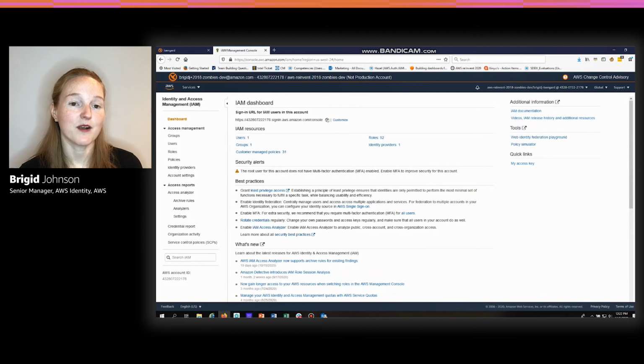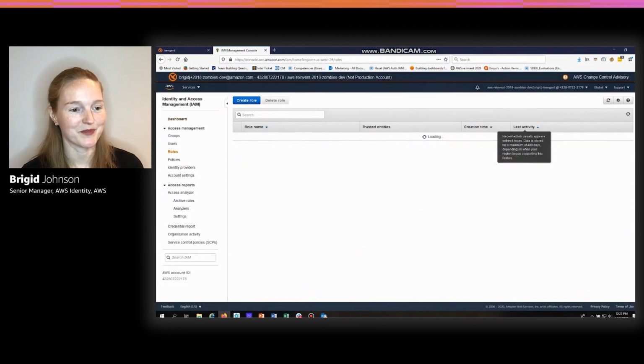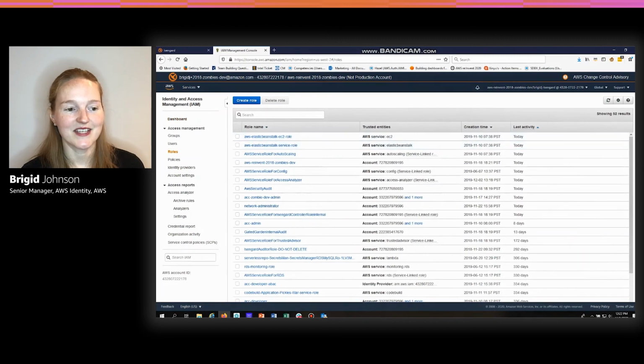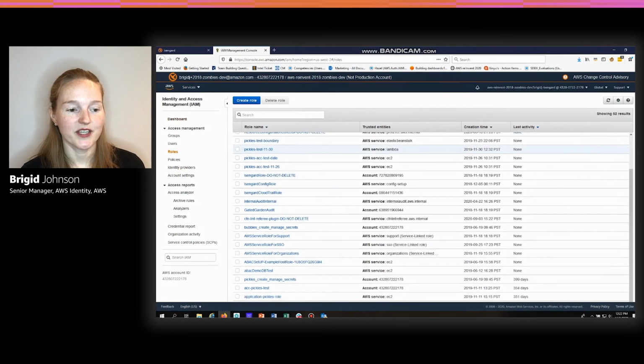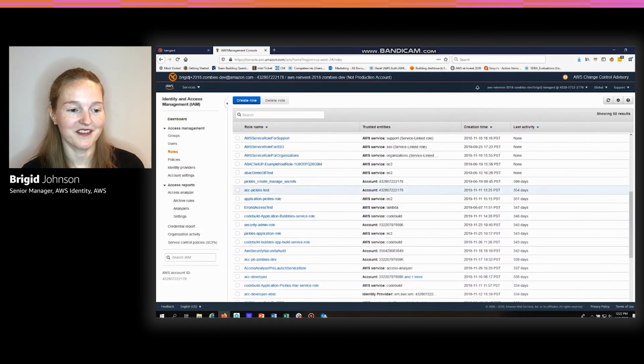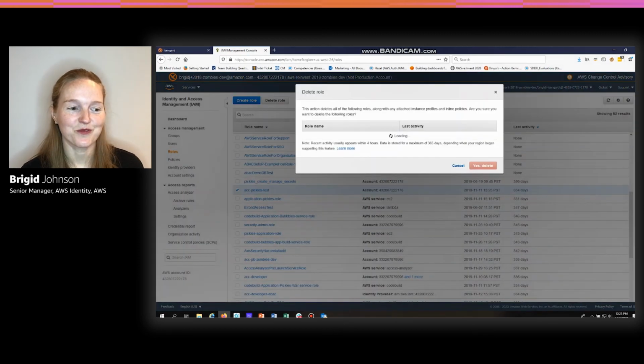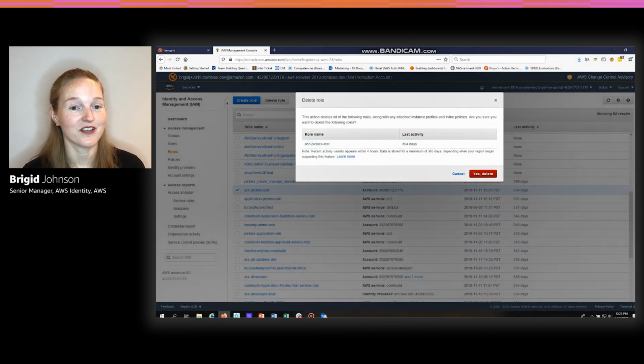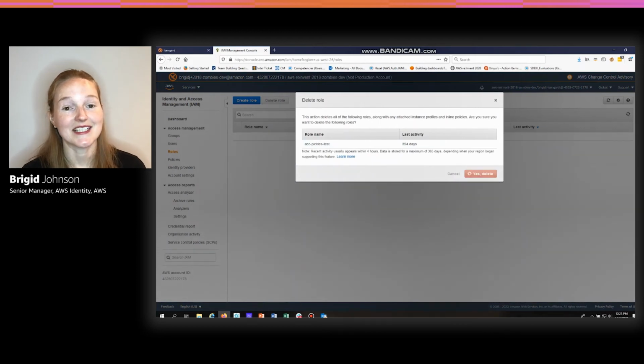So I'm in the IAM console. I'm going to head over to the roles section because that's what you should mainly be using. Click on last activity. I sorted. Probably should remove the not used ones, but I really want to look at those older ones that haven't been used in a year. Probably last reInvent. And I have a test role and it hasn't been used in 354 days. So I'm going to delete that.